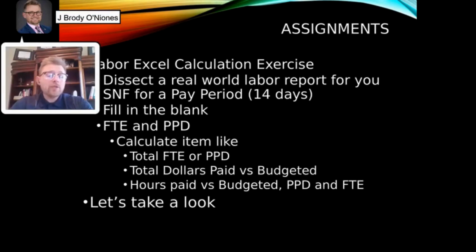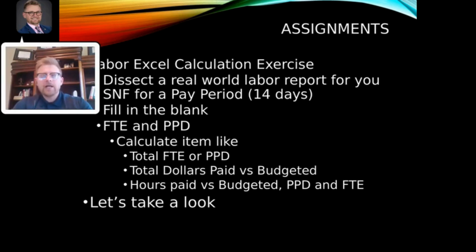Okay, so for your other assignment, you're going to do a labor Excel calculation. Now, the handout, the labor tool that you'll be reviewing and dissecting, is a simplified version of actual real world labor reports that will be handed to you in the field, and you'll have to dissect. And a lot of what you're going to do with labor or anything is going to be take what you know, take how you manage, go out to your line staff, go out to your directors, and educate and teach